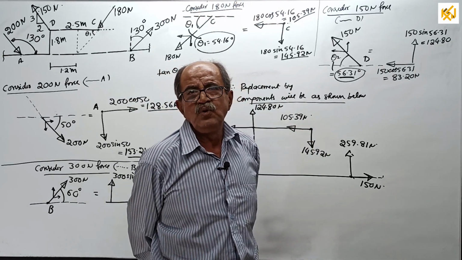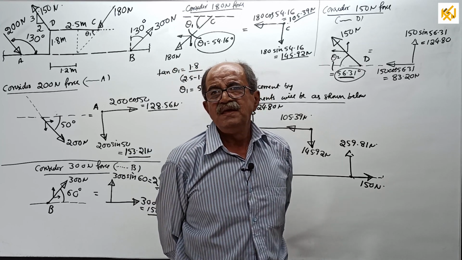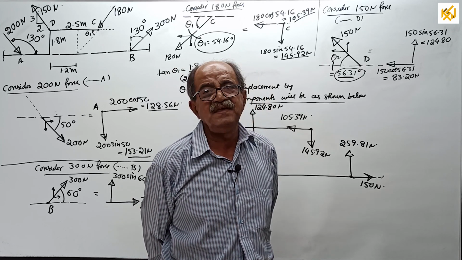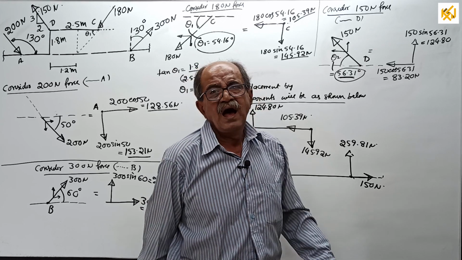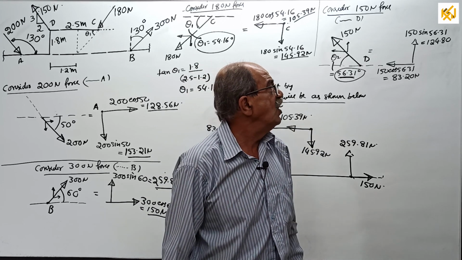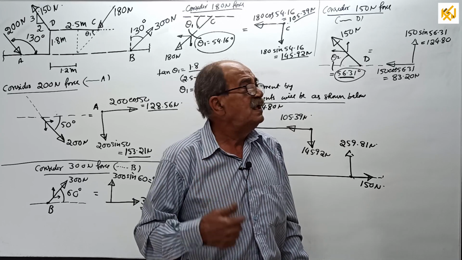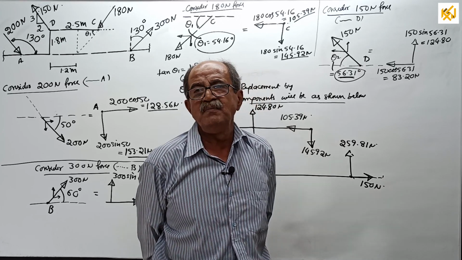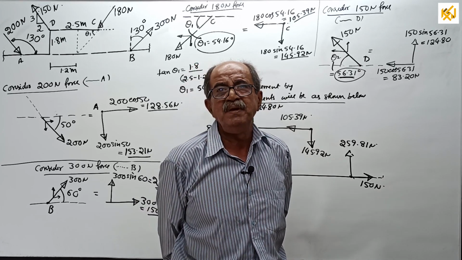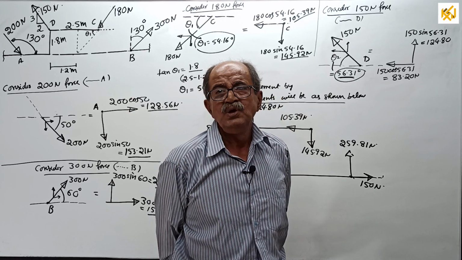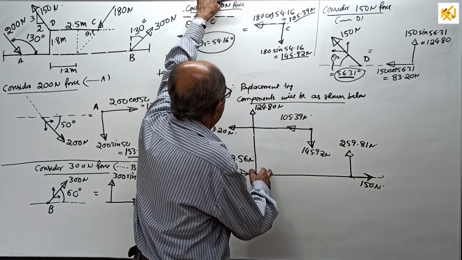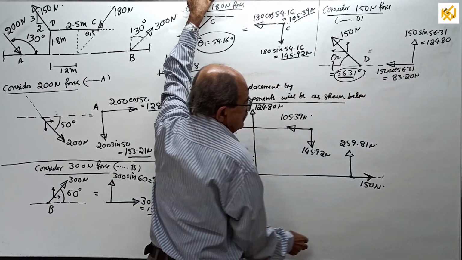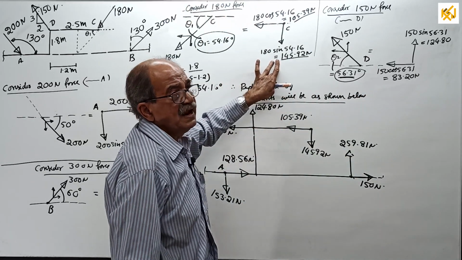And when you go for SFD BMD, if some serious mistake is there, I can make it out. Because I have that much common sense, or a feeling for what should come, how much BM and how much SF will come for a loaded beam. By looking, I can make it out. So suddenly I can tell something is wrong, and I will correct it. So here, this is a replacement. Now, this is fully clear.